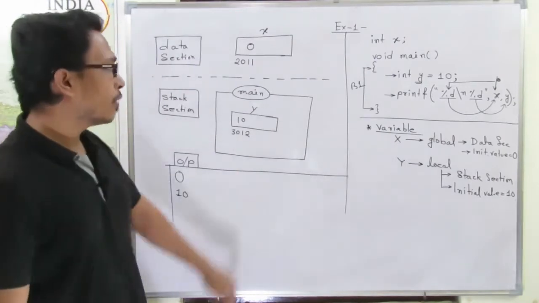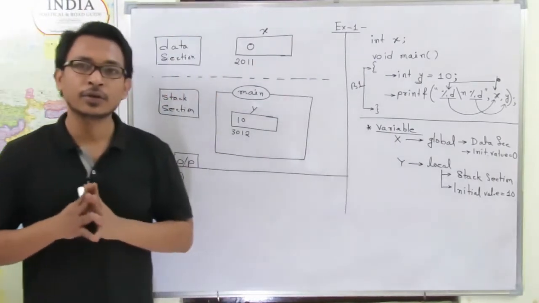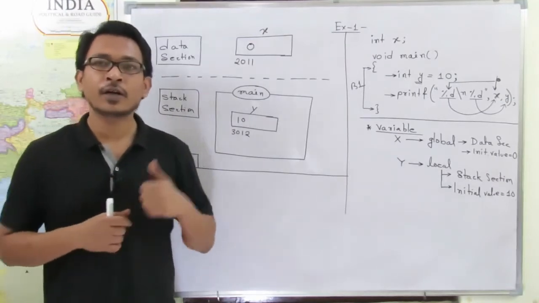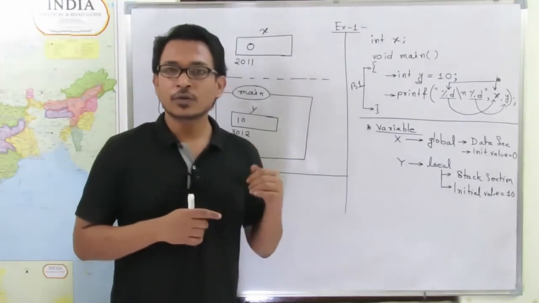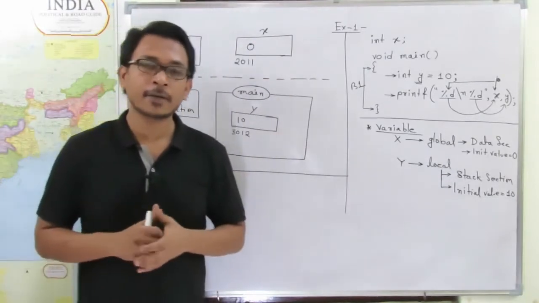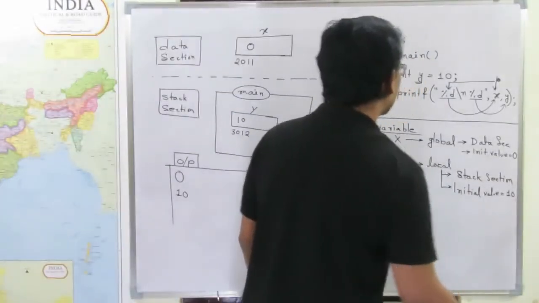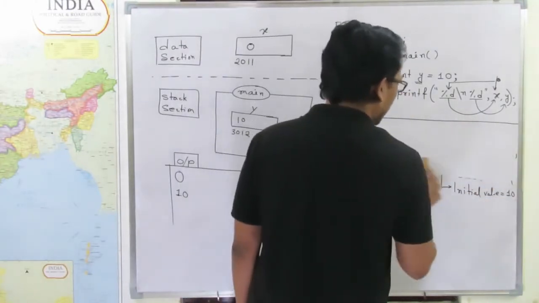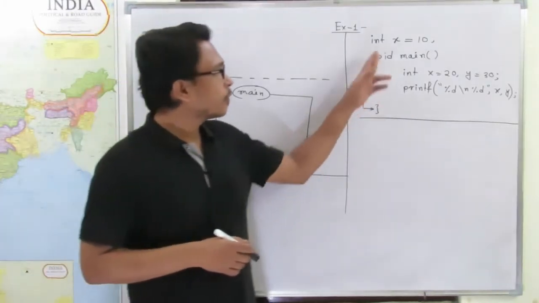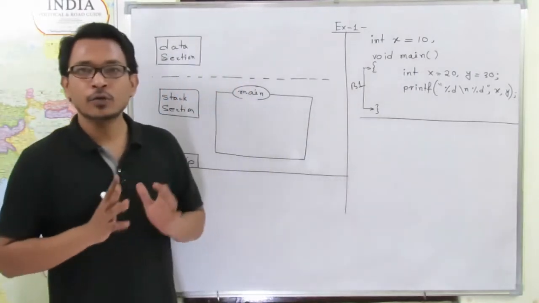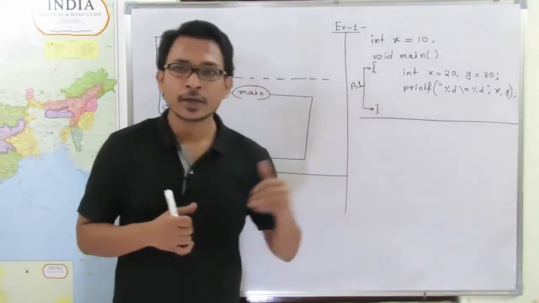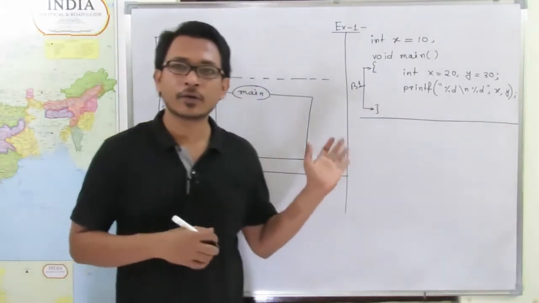So this is how the system will execute the program, and the system will allocate memory for the variables used in the program, clear? Now let's modify the code segment a little bit and see. So again we have a code segment and we need to know how the system will allocate memory for this program when the system executes this particular program.